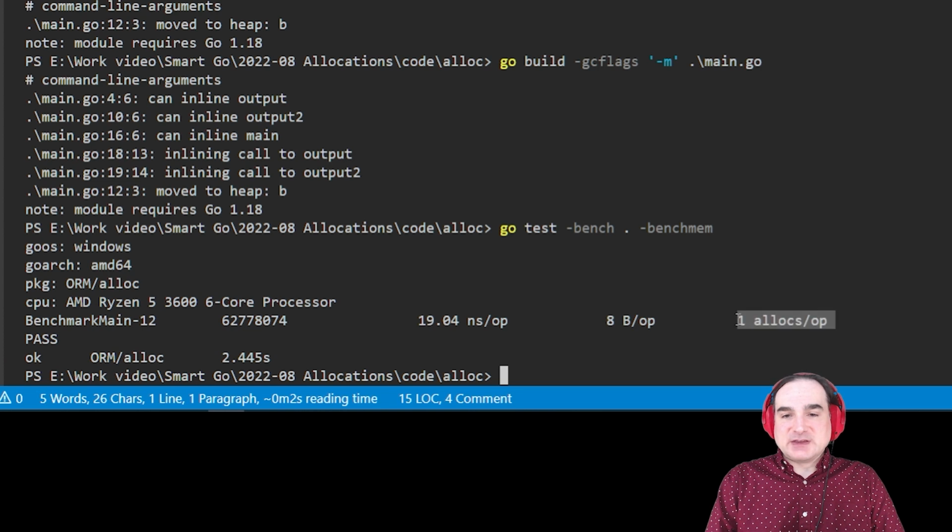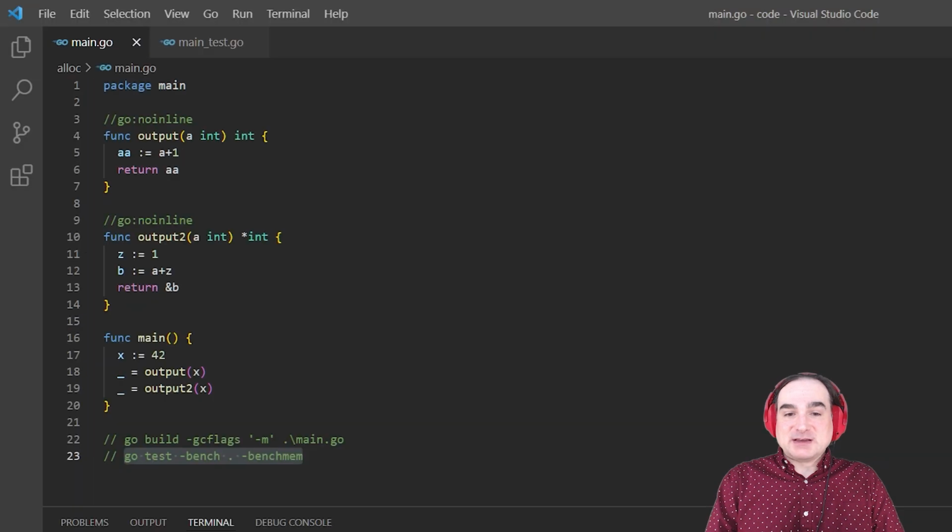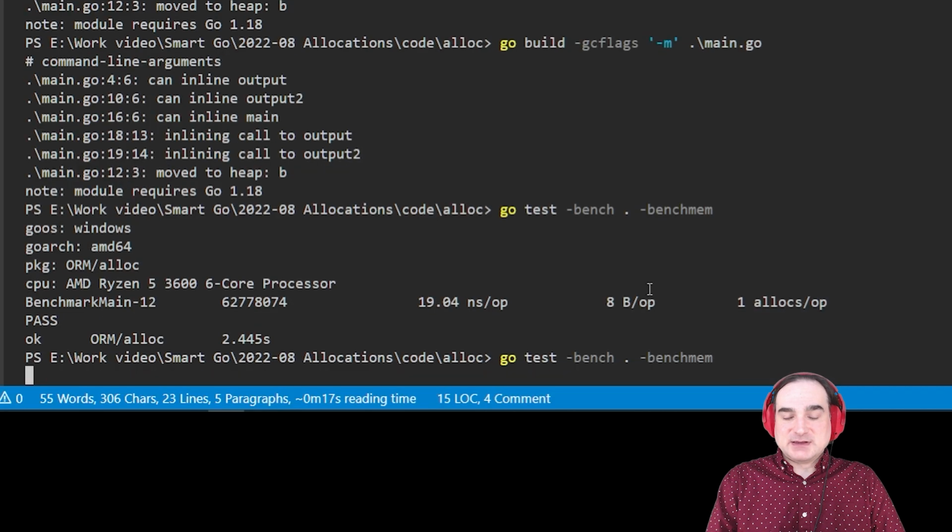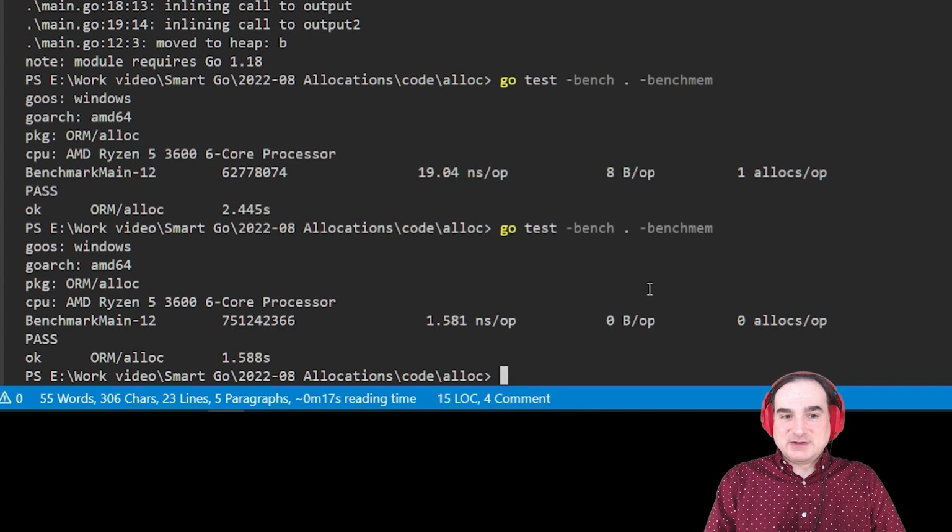The good news is that I only have one allocation per op, which is in line with there being only one variable escaping to the heap in our operation. Watch this. If I go back to my program and I turn off the calls that generate that escaped variable and then rerun my test code, that number will drop back to 0. Now, it's not realistic at all to expect a given function to have 0 allocations. For instance, if you have a fmt.Printf command, that will automatically create allocations within itself. So if you have that somewhere in a function, you're going to have at least one allocation, and you can't do anything about it, save getting rid of the Printf.